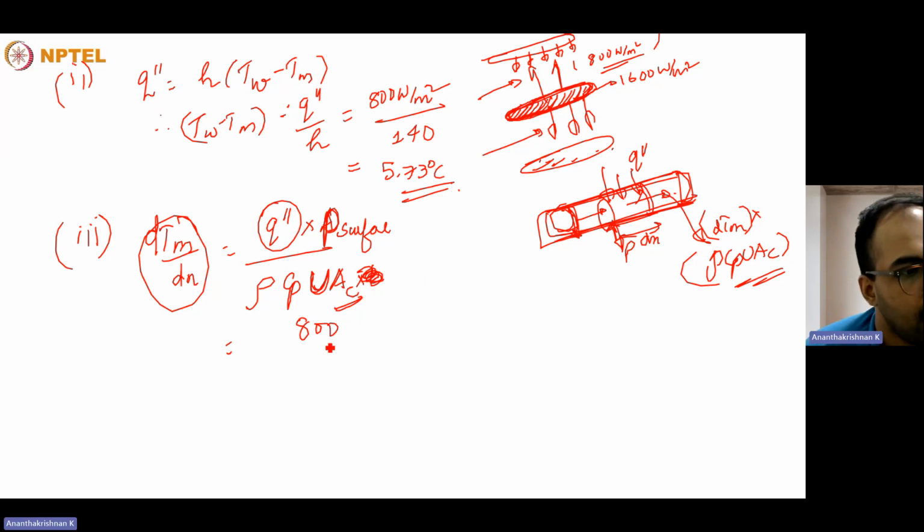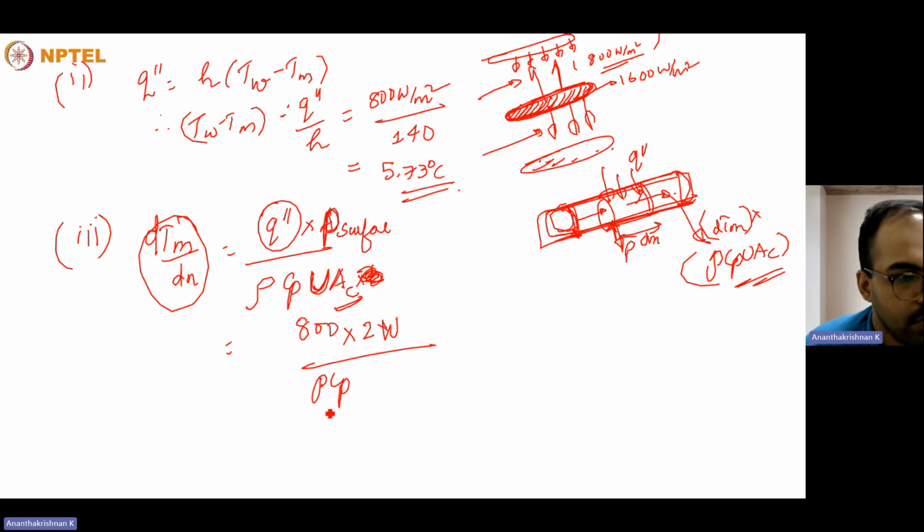So it's basically 800 into perimeter, which will be equal to 2 times the width, the other dimension being very small, divided by rho